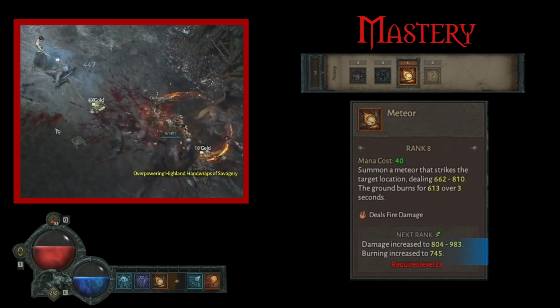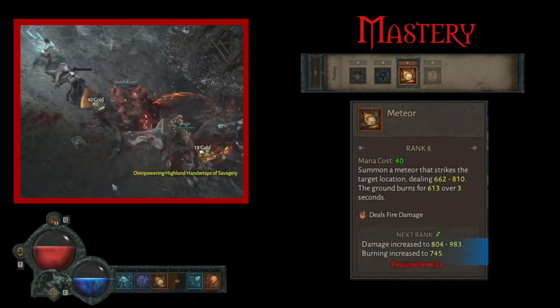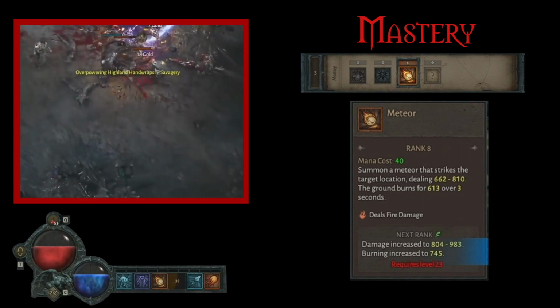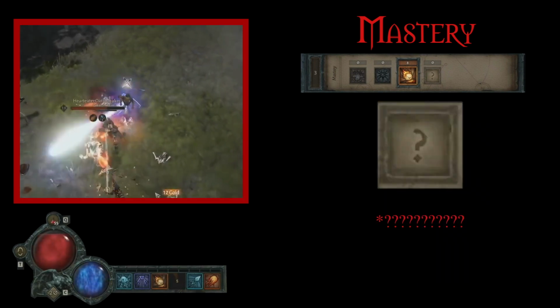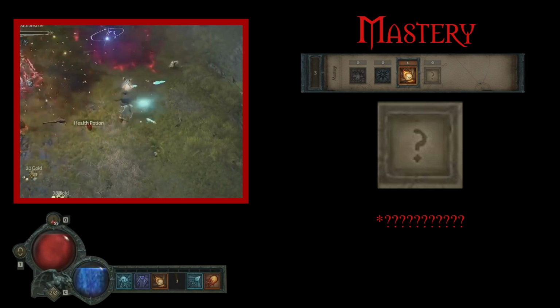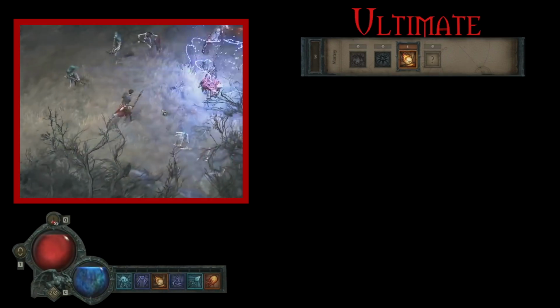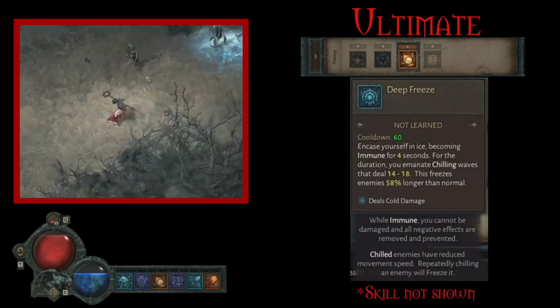And Meteor, which was in the demo, wherein the Sorceress summons a giant meteor to a target location, dealing massive damage and burning the ground for more damage over time. There was one hidden skill in this category in the BlizzCon demo, most likely because Blizzard didn't have anything to put there yet. And finally, we have the Sorceress ultimate skills, which include things like Deep Freeze, which encases the